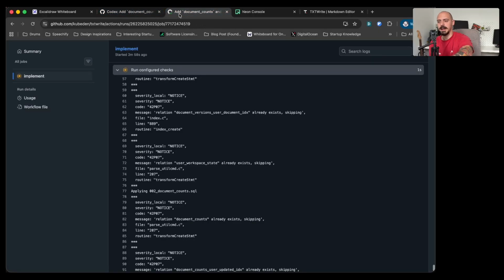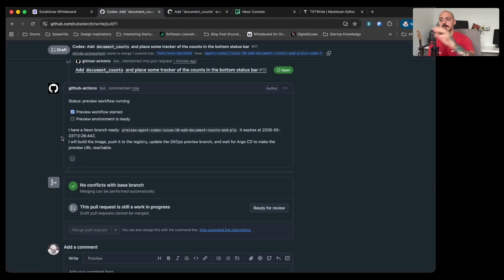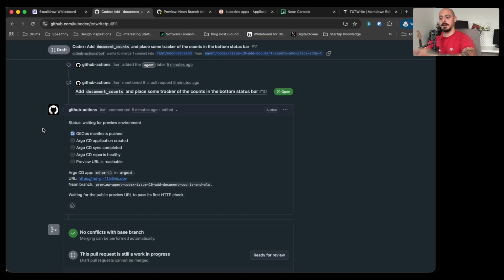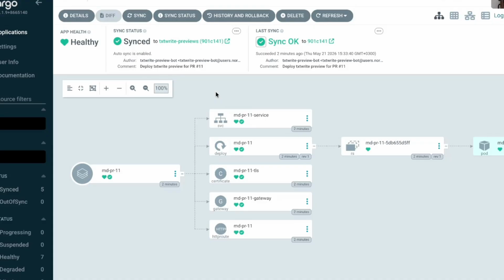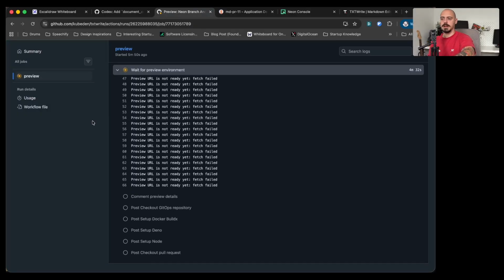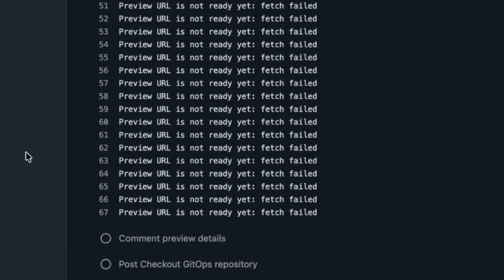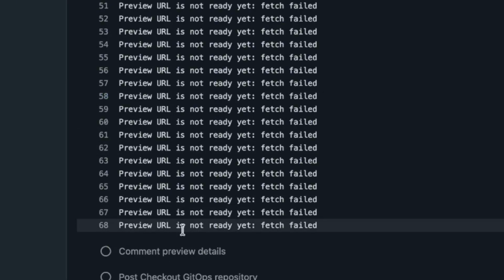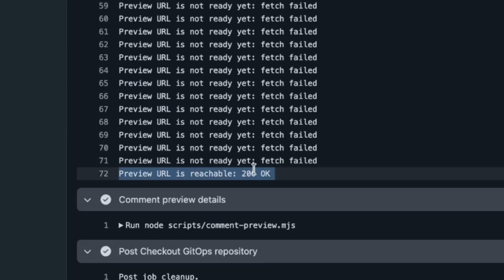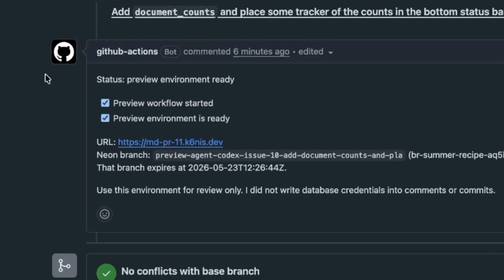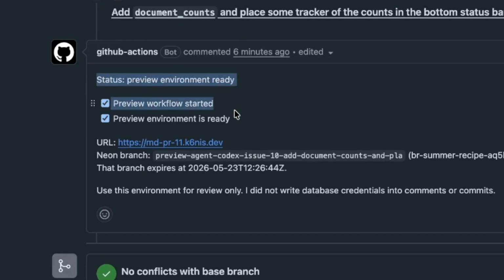If I go back to the workflow, I will have to wait for a couple of minutes so that the application becomes healthy. And now the Argo CD application got created here, and we are waiting for the certificate challenges to pass. They have passed, and when we look at the preview workflow, the one that handles the preview environment, we will soon see that the preview URL is going to be accessible. The URL is now accessible, it returned 200 OK, and if we go back to the workflow itself, we will see that the two